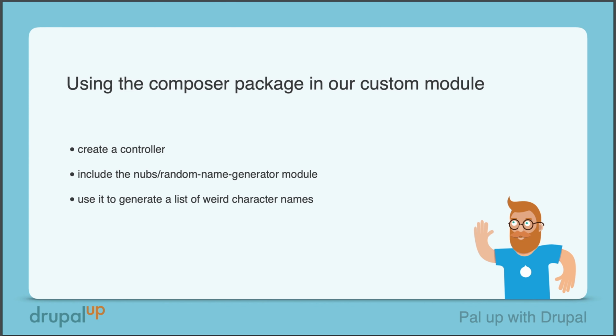In this video, we're going to be using the composer package in our custom module. In a previous video, we implemented a local composer JSON file to our custom module, and we made a nudge to the global composer JSON file so that we could include a custom package. In this video, we're going to create a controller in our custom module. We're going to include the package in it, and we're going to use it to generate a list of weird